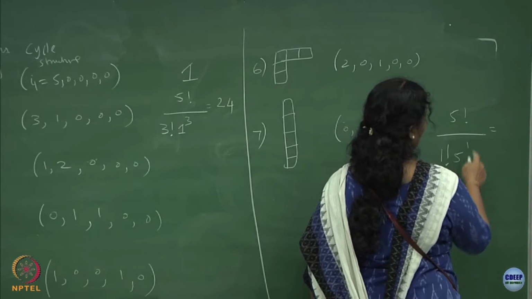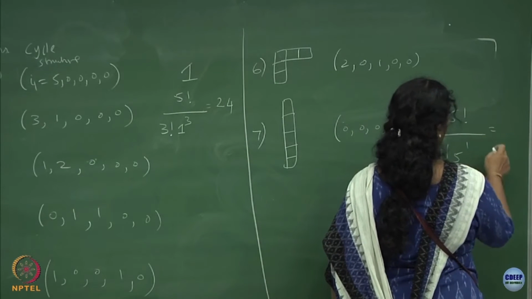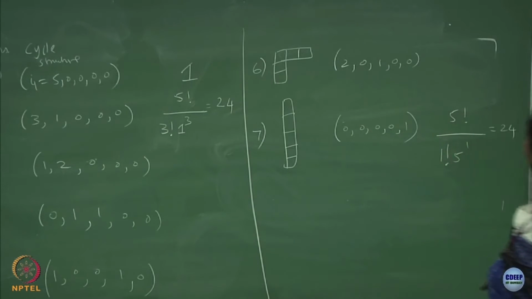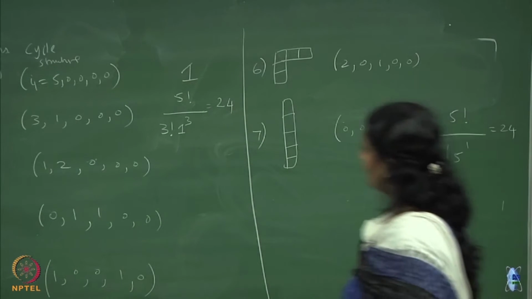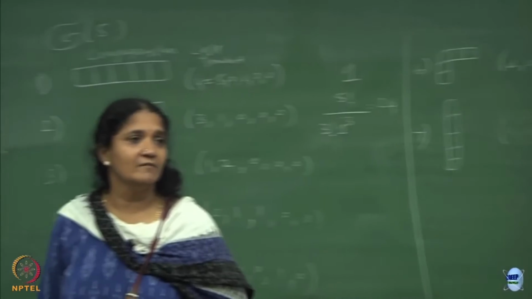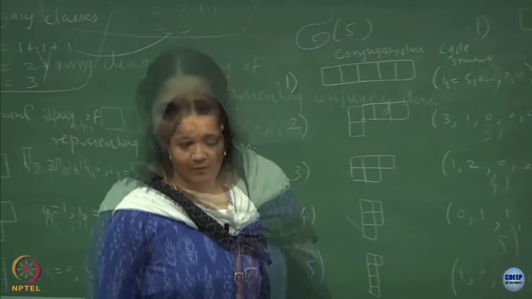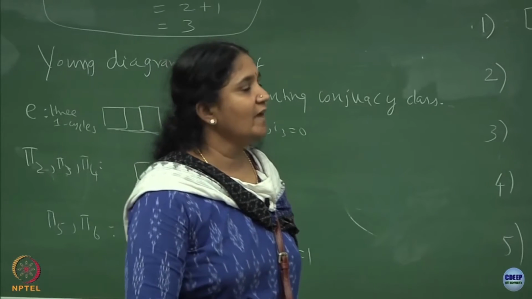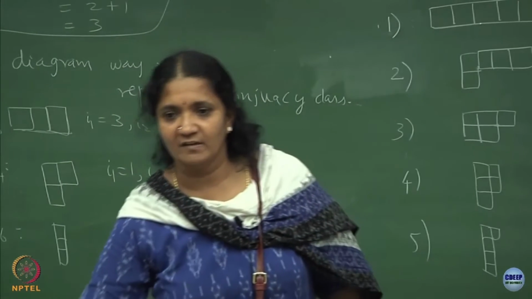Five to the power of 1. So, that will give you 4 factorial, again 24. Okay, I have not done all the elements, but I will leave it to you to check it out. Okay. So, I have just said, for example, n equal to 5 can be broken up into 7 distinct